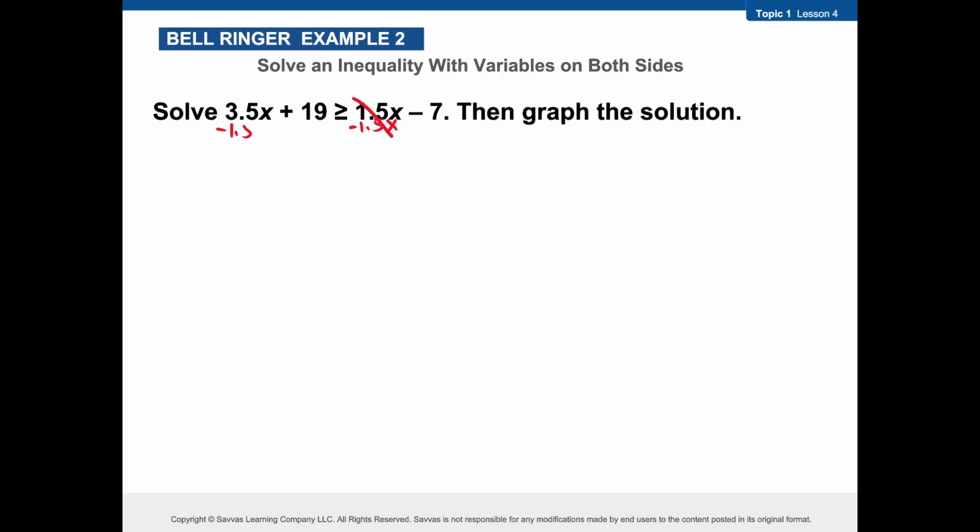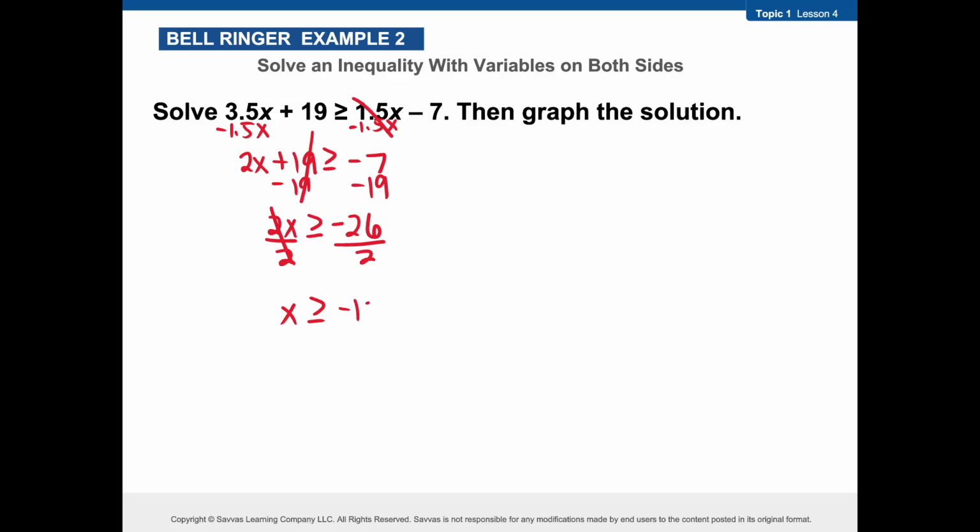This was a warm-up, minus 1.5, 3.5 minus 1.5 is just 2x, greater than or equal to a negative 7, positive 19, cancel it out by subtracting it, but we're not technically subtracting it. Same sign, add and keep the sign, a negative 26, divide by 2, and x is greater than or equal